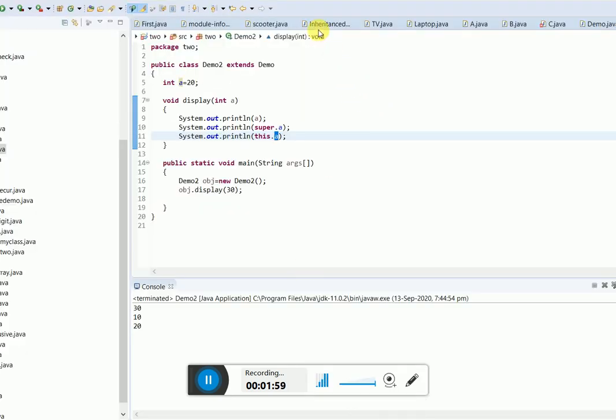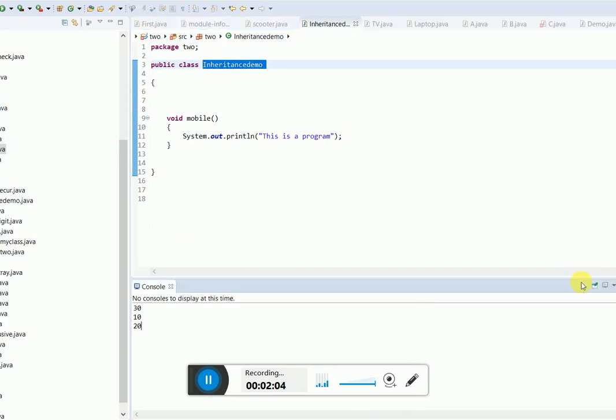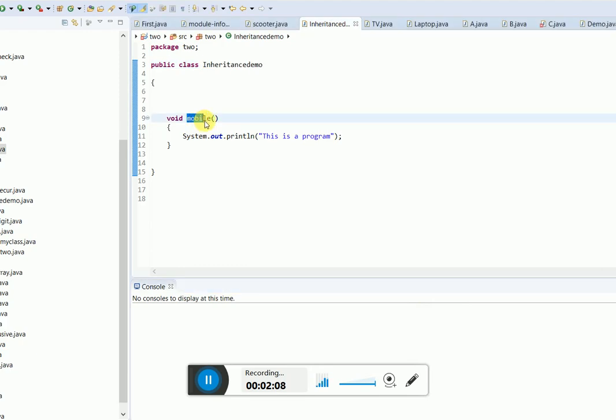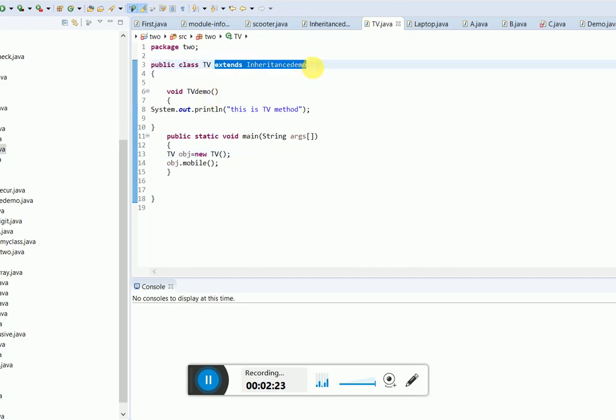So here I have a class InheritanceDemo. Here I have created this method mobile which is printing some message, right? Like this is a program. Then we have this class TV, which is extending the InheritanceDemo class.